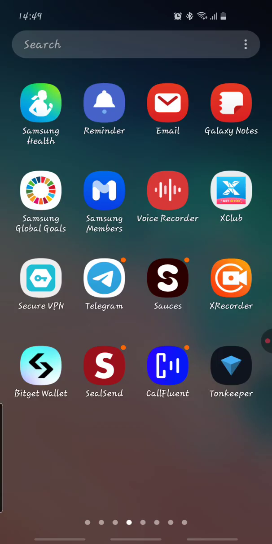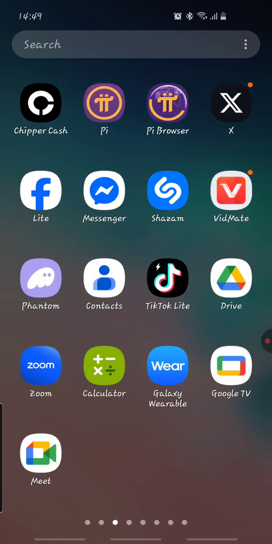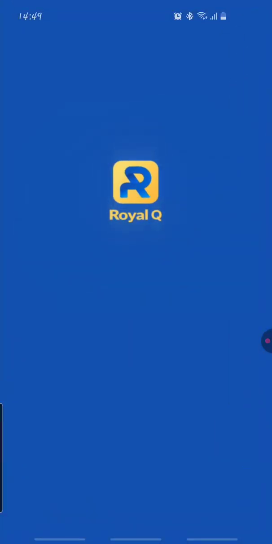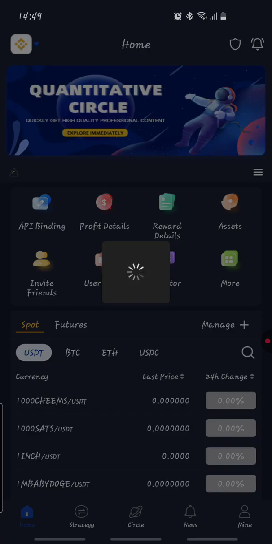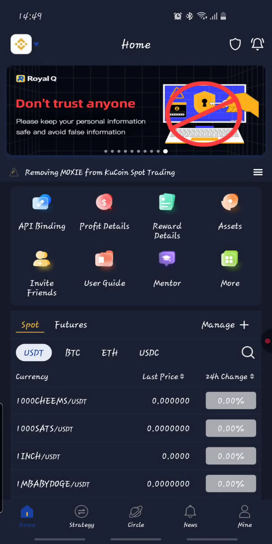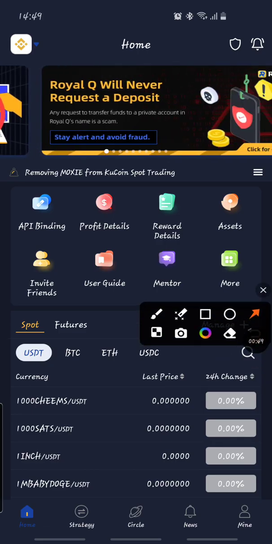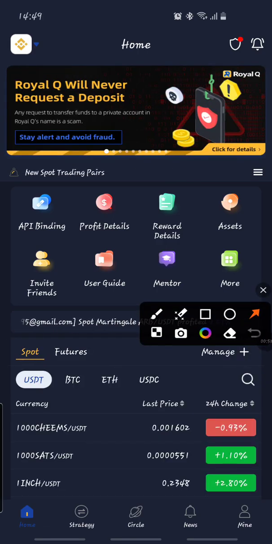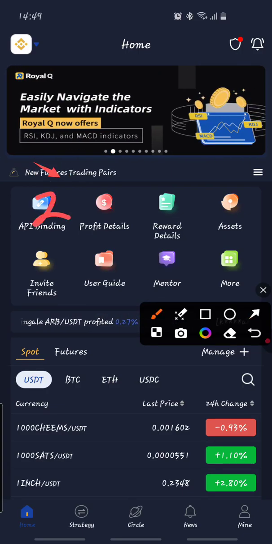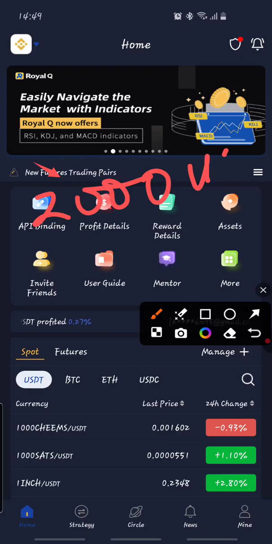Number one, capital management is key. Let me take an example. So this is our loyalty bot. If your capital is about 2000 USDT, if you are using 2000 USDT as capital,